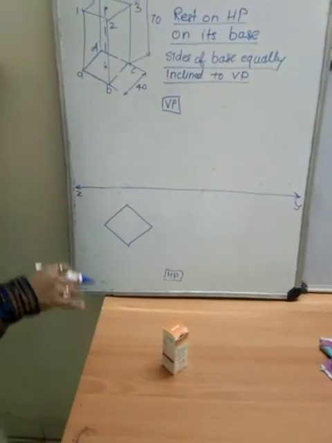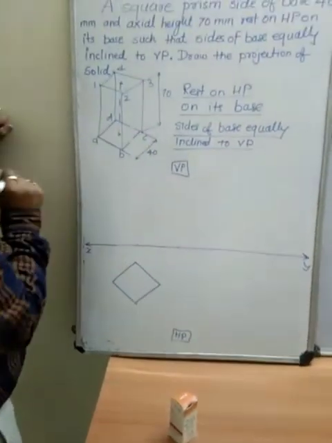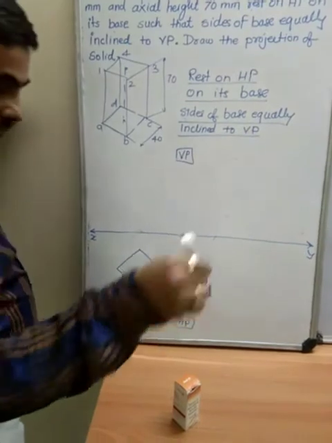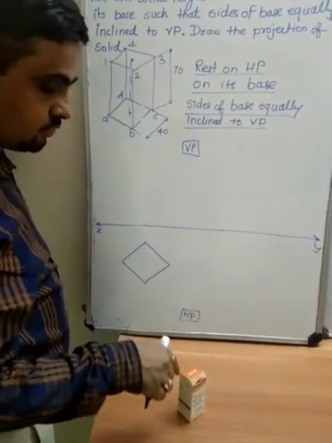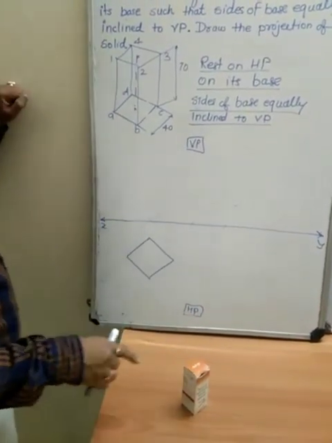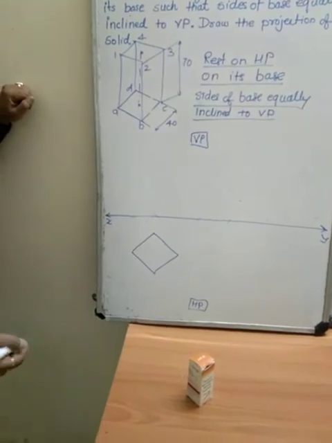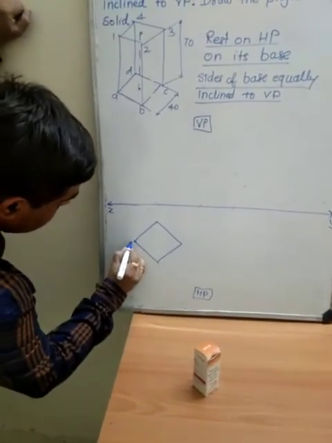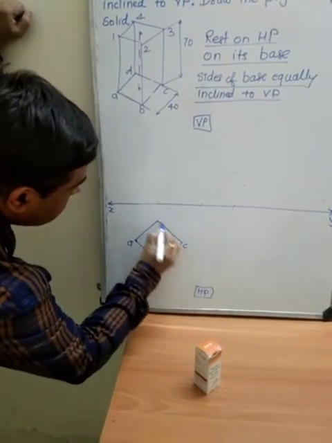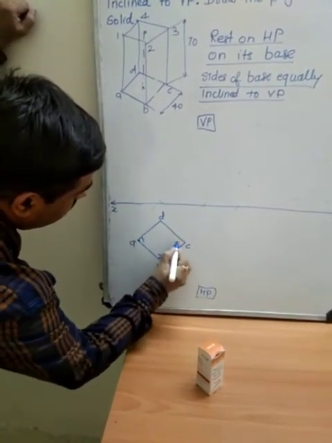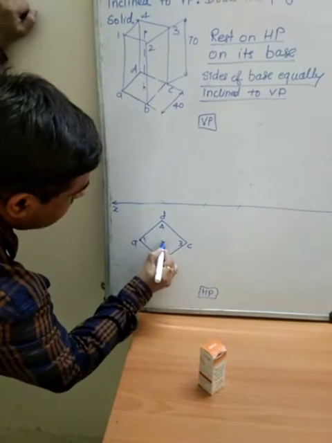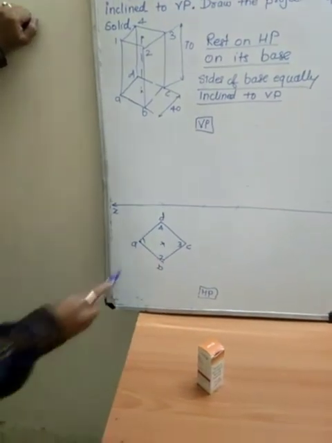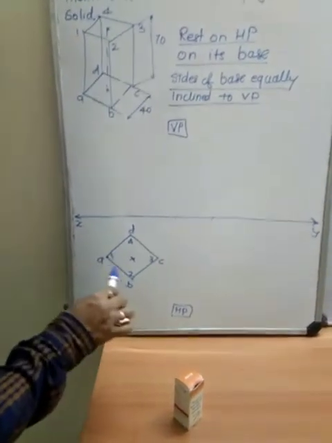Now as you all know, how many corners are there? There are 8 corners, and from top view you can directly visualize 4 corners, and 4 corners coincide with the other 4 corners. So ABCD is the lower base, and 1, 2, 3, 4 is the upper base, and this is the axis. You have to also show the axis here. So this is the top view.